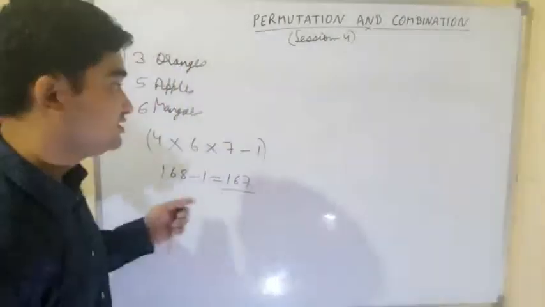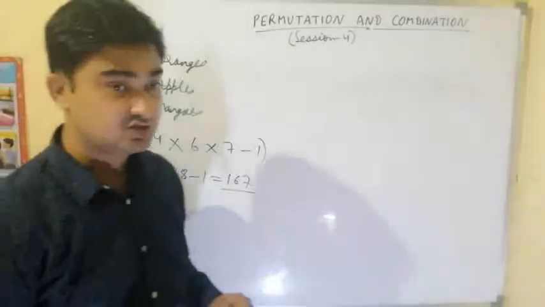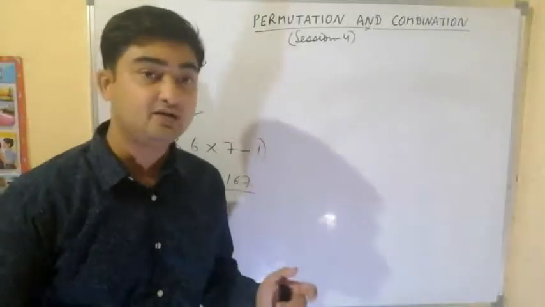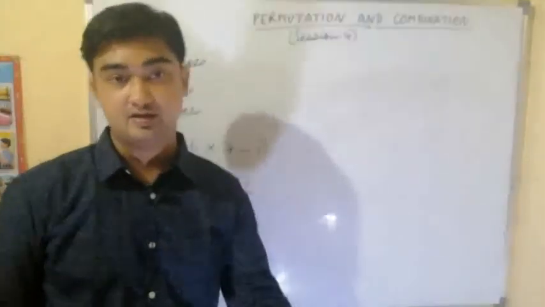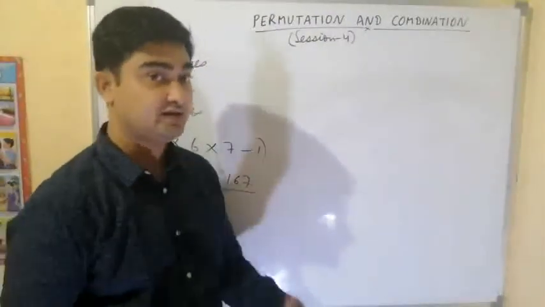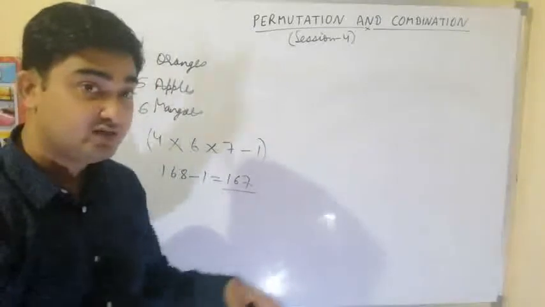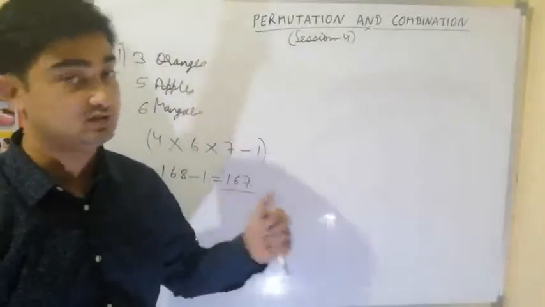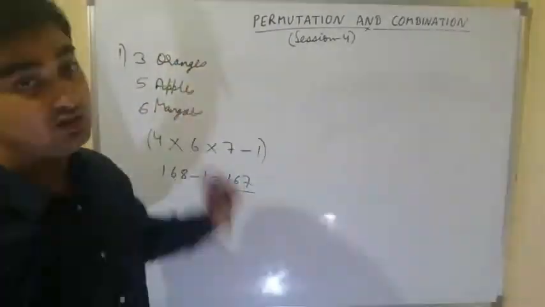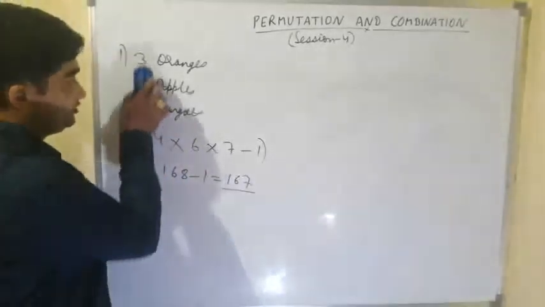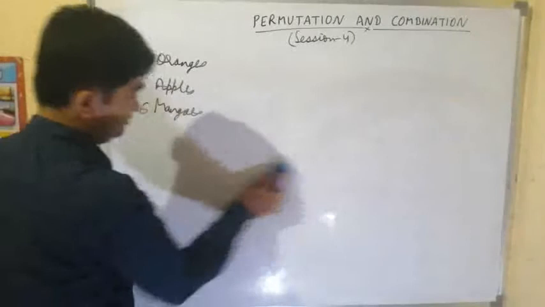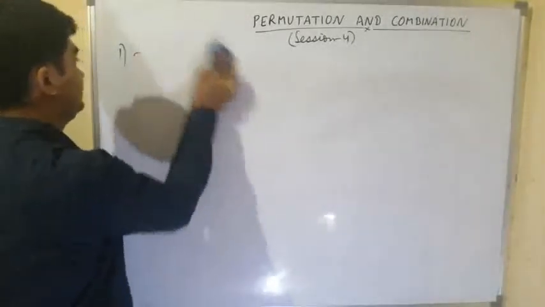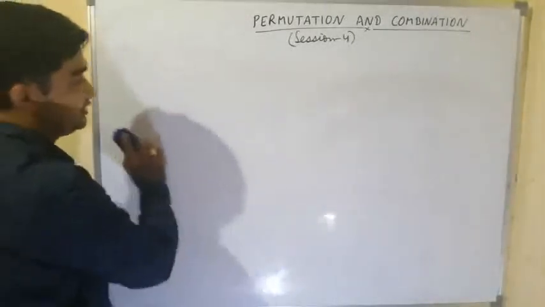So this is the difference between the problems when things are identical and things are not identical. When things are identical, we cannot make the selection. We can only decide the quantity. Select 1, it is one choice. Select 2, it is another choice. Select 3, it is another choice. But which 3, which 2, which 1, that is not an option, because all are identical. So here we are not doing 2 power 3. That is the difference between the problems where things are identical and things are distinct.